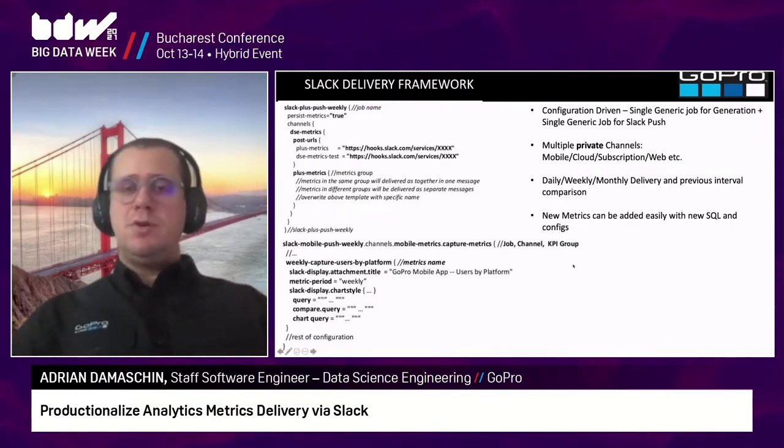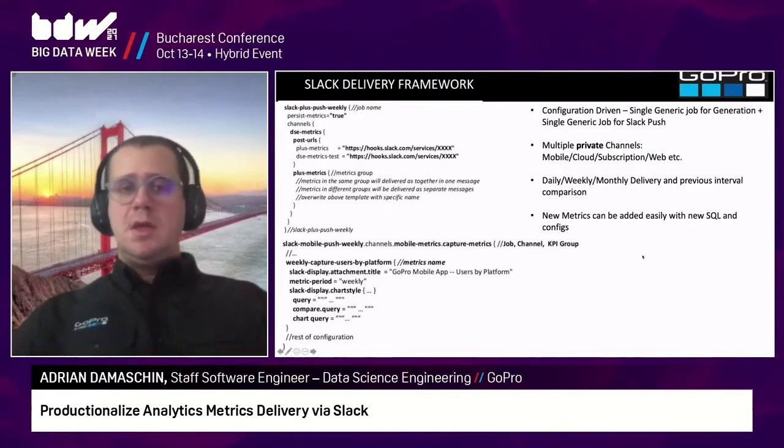This is configuration driven. So we can design a configuration like this and just use the job, and we have a new Slack push that we can use. We can have multiple private channels for mobile cloud subscriptions, web sales, or whatever. We can have any kind of interval for comparison, either daily, weekly, monthly, quarterly, even yearly, although we don't use them.